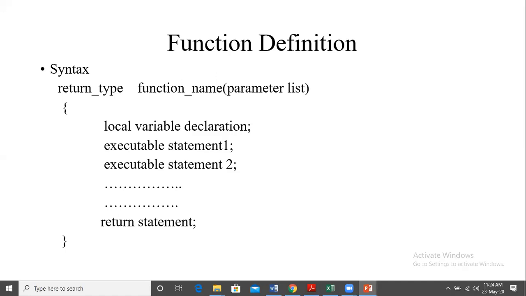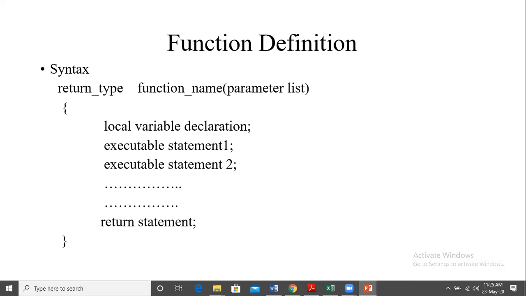Here again, we cannot give keywords as the name of the function, and the rules for identifier names apply for function names also. We cannot start it with a number, we cannot have special characters, no space in between. Underscore is allowed though, and so on. For example, we want to add, so we can give just add, or anything we like as the function name.